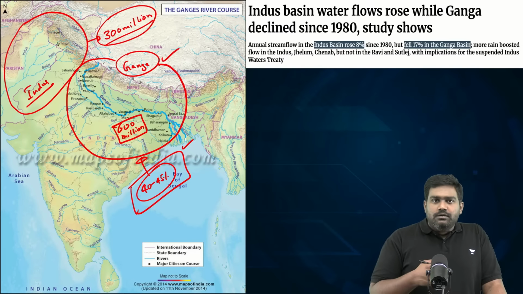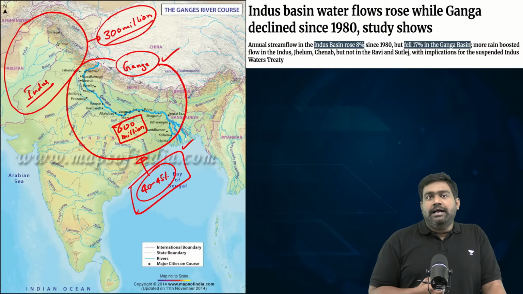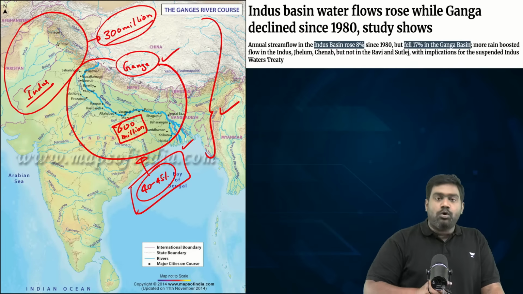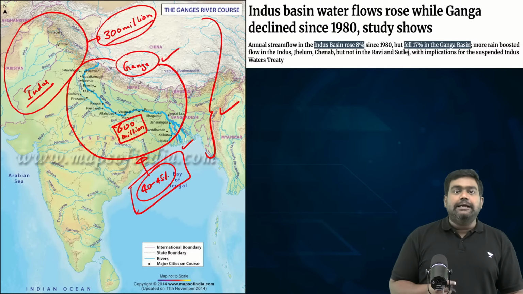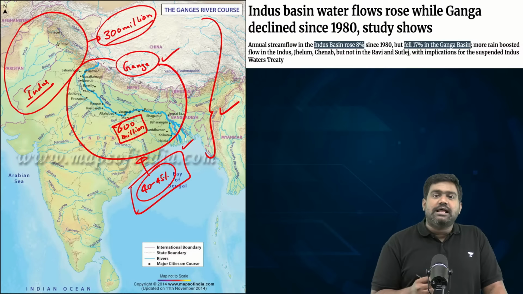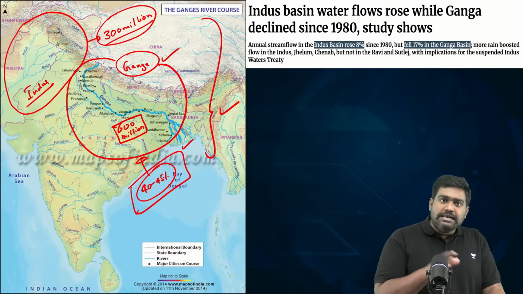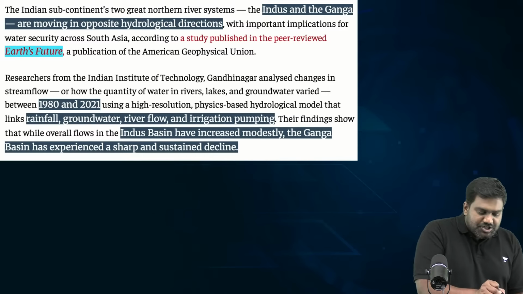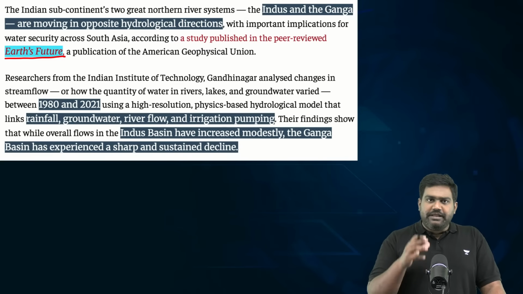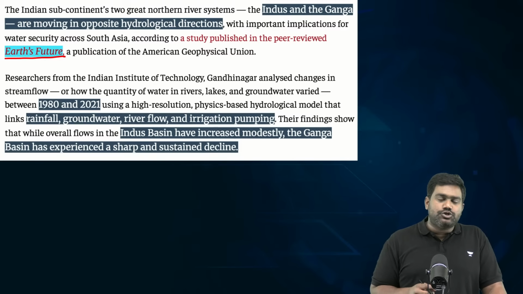But today, excessive water exploitation, water mismanagement, anthropogenic activities, as well as global warming and climate change, are driving changes in the water flow in the drainage basins. So now we have more scientific data to pinpoint the changes which are happening to annual water flow in the Indus and the Ganga River Basin. According to this study, which was published in Earth's Future, a very well known, renowned scientific publication in the world of geography, environment and ecology,